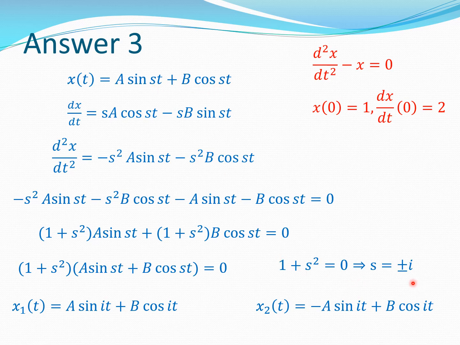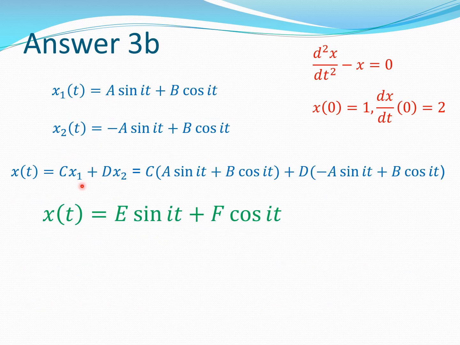The second substitution is negative i, and so that gives me minus a sin(it) plus b cos(it). So remember, cos of the negative number simply throws that number back to you, but sine actually keeps the negative there. So that's something we know from the definitions of the functions sine and cosine. So now I can get the solution by simply adding these two solutions and putting a constant. So let's do that. If the solution was c x1 plus d x2, I put in the x1 and x2 from the previous equations, I get this solution. And then I can actually absorb the different constants and write it in terms of different constants